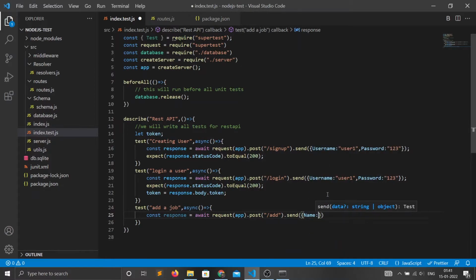The data is the name of the job, let's say creating front page, and what fee we will be getting for it, let's say 2223.